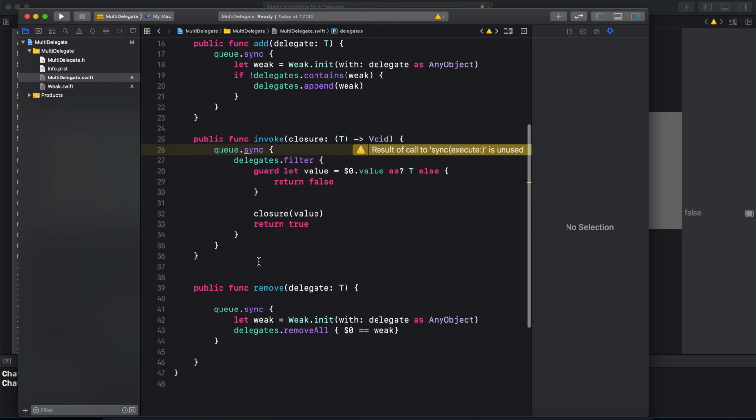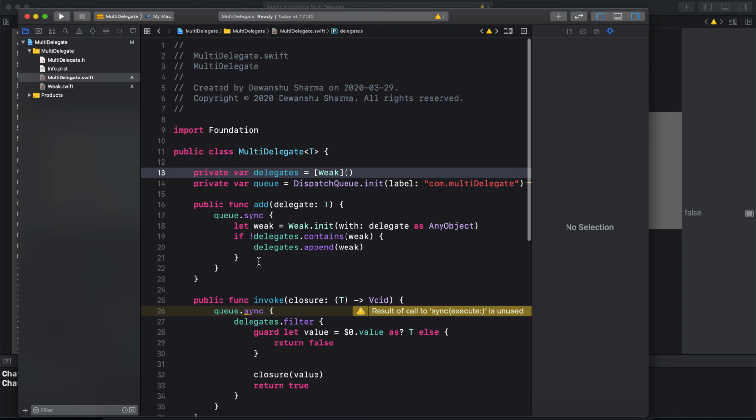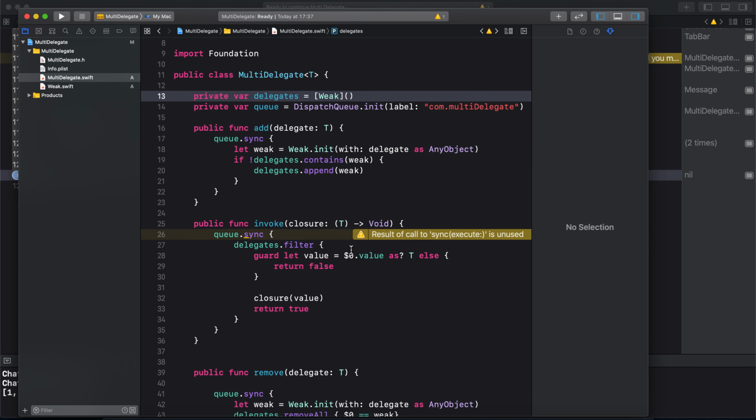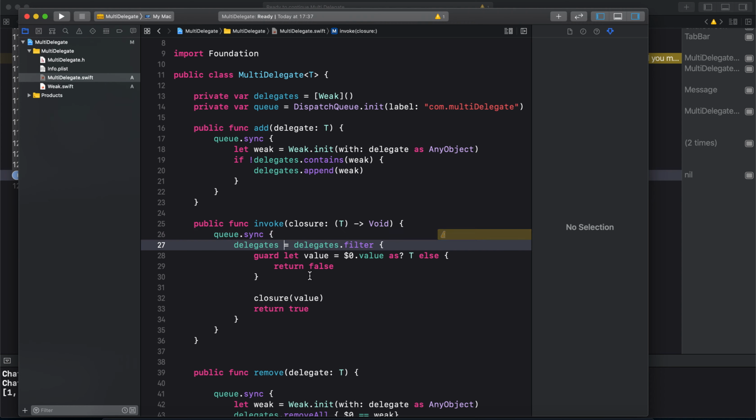So our framework is ready, and one thing I forgot here is this one. I should update the delegates array after filtering it. Looks good. Now let's try to use this